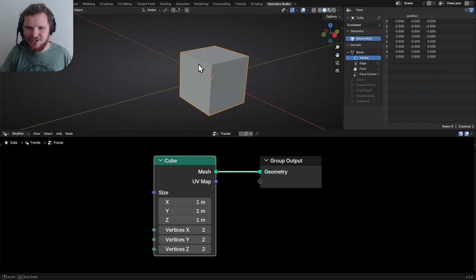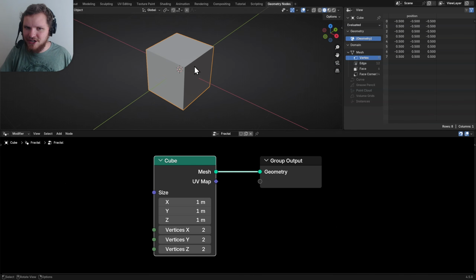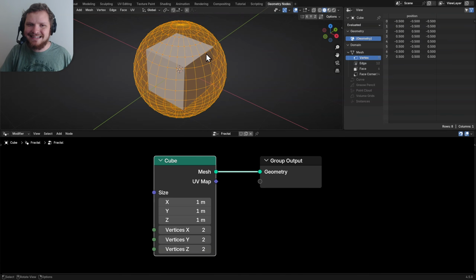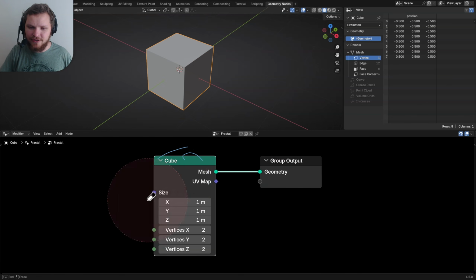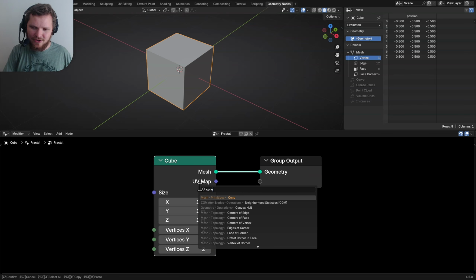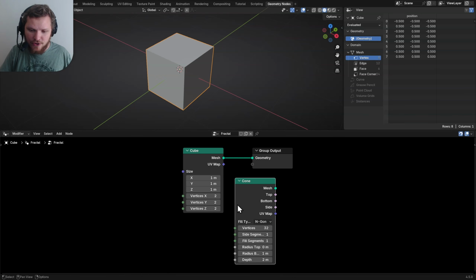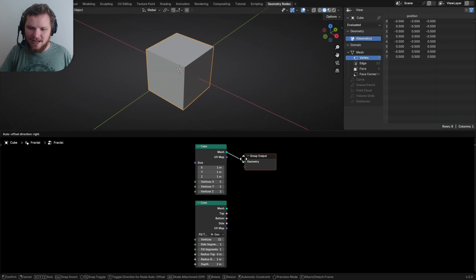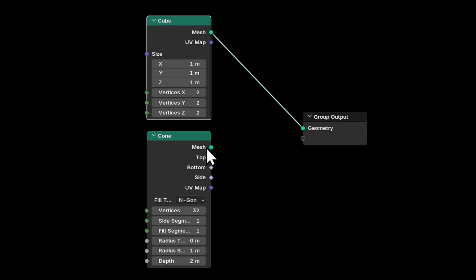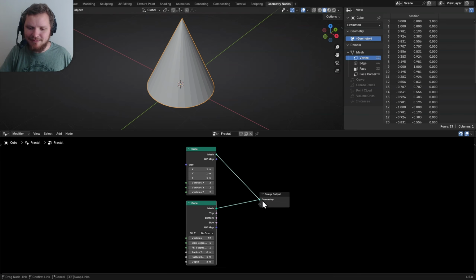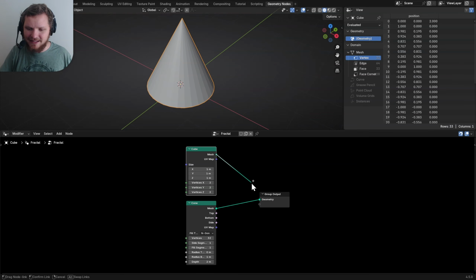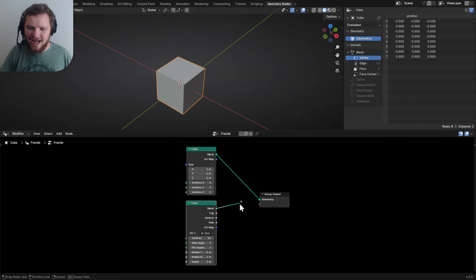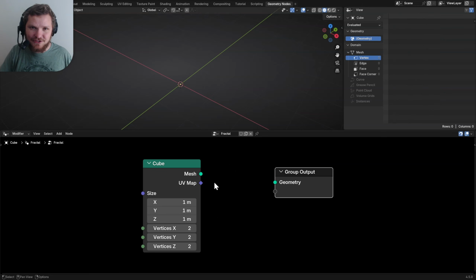We are now seeing a cube, which is kind of strange because remember, our geometry is a sphere, but that gets completely ignored because we have this cube node. That is what is being outputted. If I was to, for example, add, and we're not going to use this yet, a cone node, which is just a different kind of primitive, and I'm going to bring down our group output. If I was to switch between these back and forth, you can see again, our original geometry is a sphere, but it doesn't care about that. So we're going to output a cube, we're going to output a cone, and something that's very neat about this